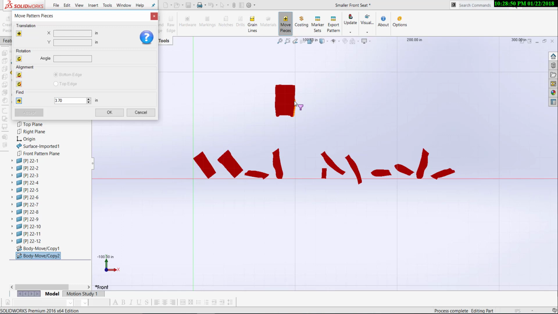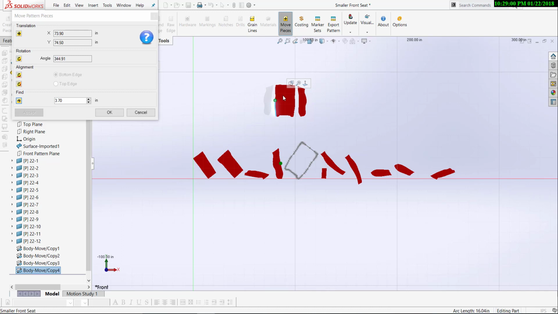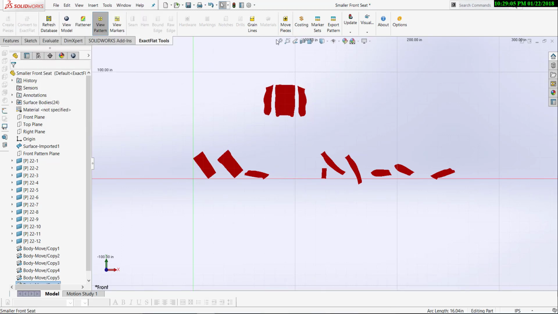We can just click on an edge. Once we click on an edge, it'll find the corresponding piece to that edge. So I'll just click on the edge, and it picks up the piece that goes to it. Click on this edge, it picks up the other piece. If I go in and I zoom in here,